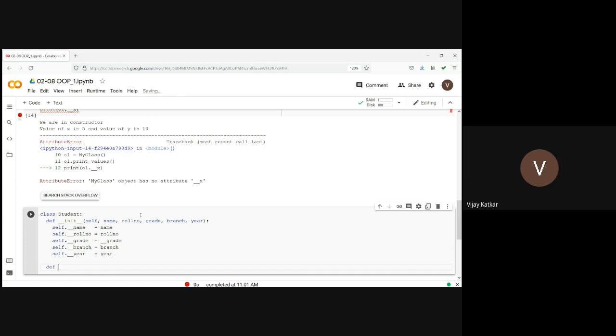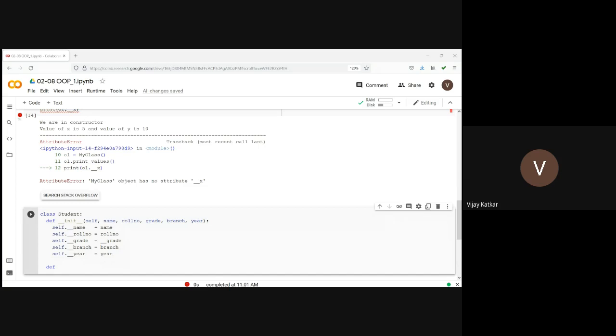Then there's something called getter and setter methods. Am I right? Yes, class. So what are getter methods and what are setter methods? Get and set methods. What do you mean by get and set methods? And why do we need get methods and set methods? It's simply to hide the information. Am I right? So you can get the data and set those private variables.